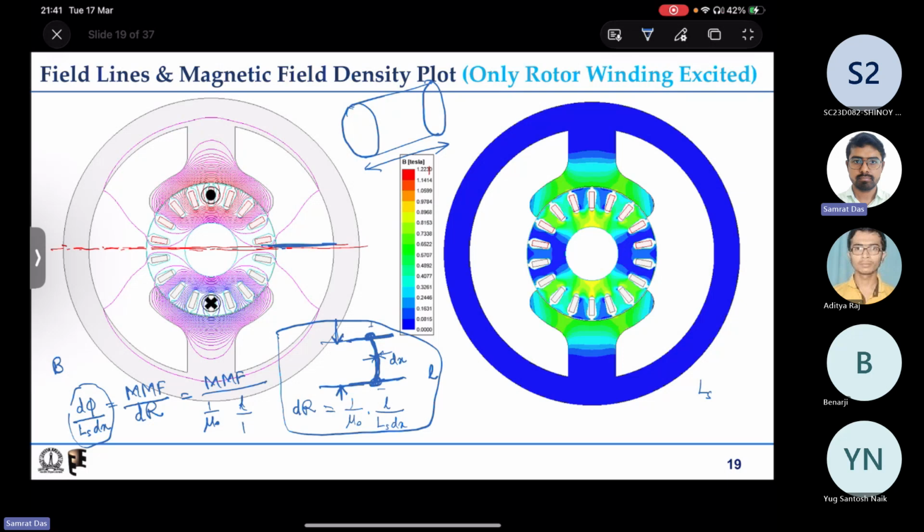So if we have the mmf information between 2 points, and if we have some approximate length of flux line between the two, then we can calculate the B by simply using this expression. If we divide the mmf by L and multiply it with mu naught,